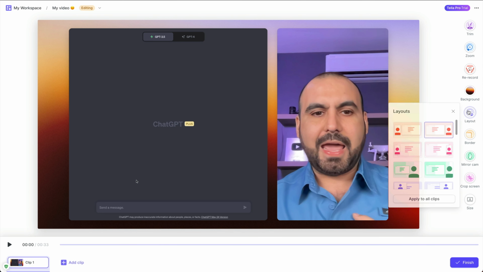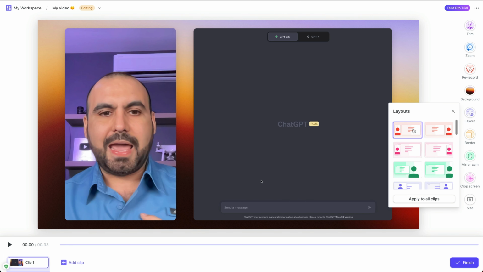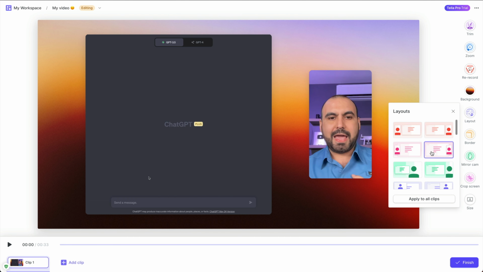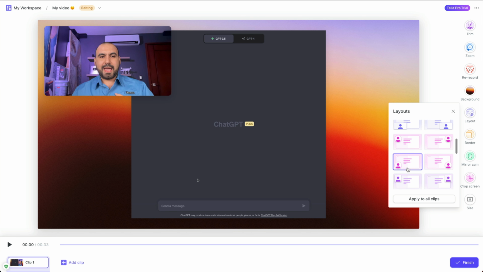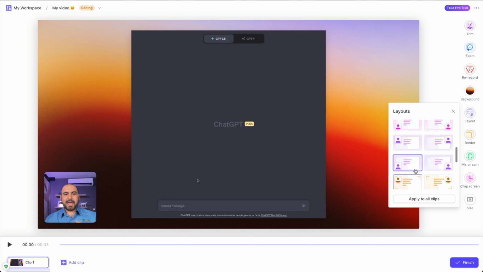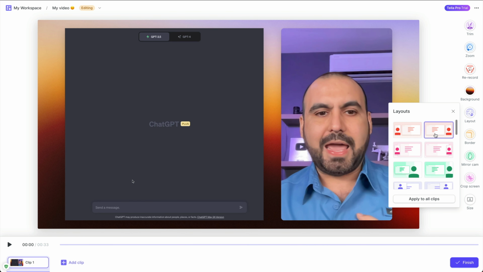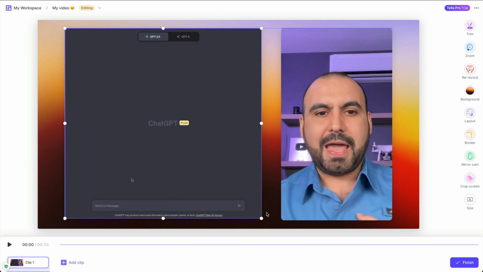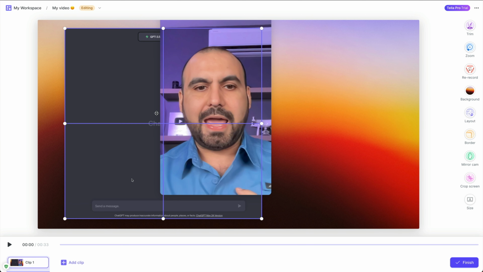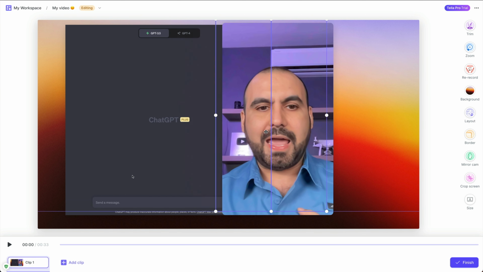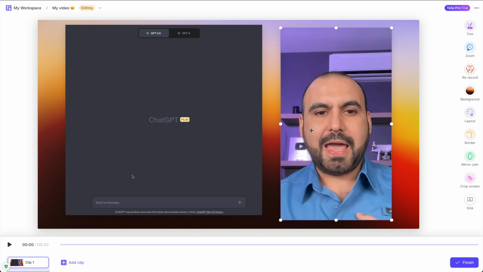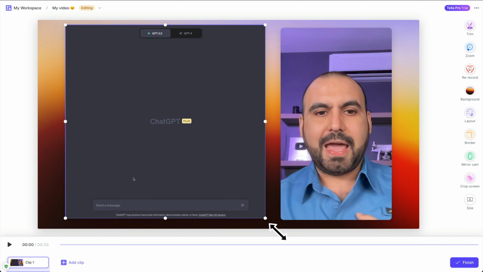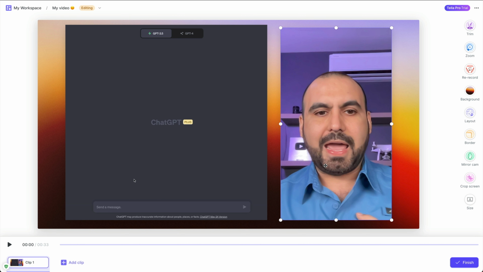I can change the layout. So right now, this is my layout. I can change myself to the left. I can do it this way, that way, etc. Just select any layout that you want. Now, aside from selecting the layout, which is this one is my favorite, left or right, I can actually change stuff here. So I can go ahead and move it here. So I don't have to stick with what I have. I'll just use the layout to help me get something really quickly and then do whatever I want. Okay, so actually I want to leave it like it is, but you have the option to change that.